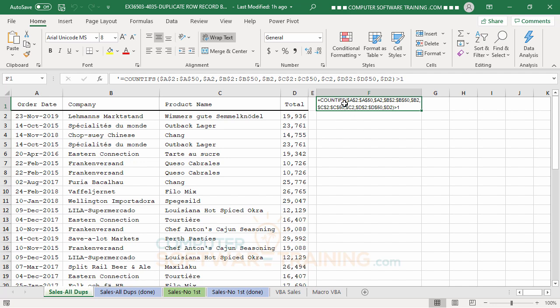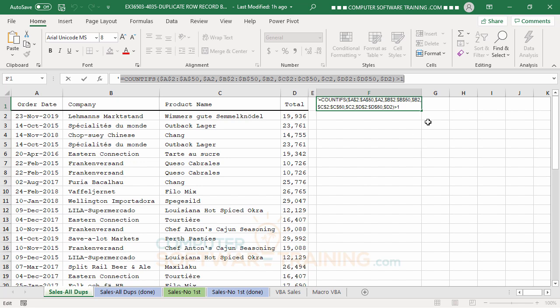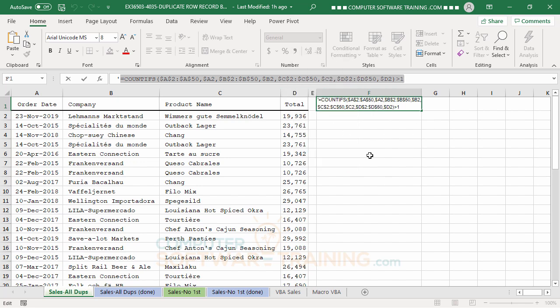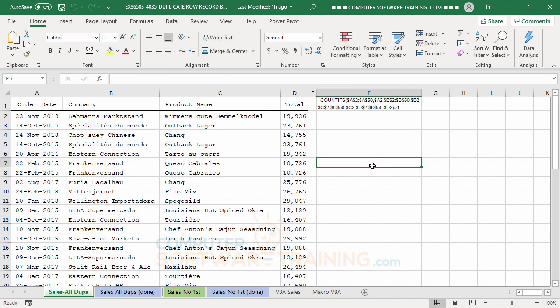So in this example, what I'm going to do ahead of time, because I don't want to have to type this in, because I'm a slow typer, is select that formula, right-click it, and hit copy, and there we go. And I'll just hit escape to get out of there. Now keep in mind what we're doing here. We're looking at 4 columns or 4 fields that have to match